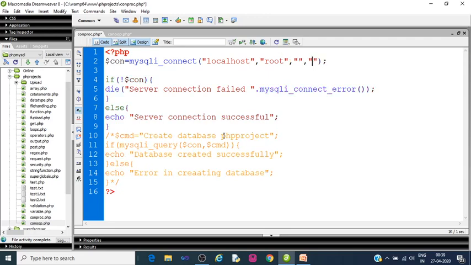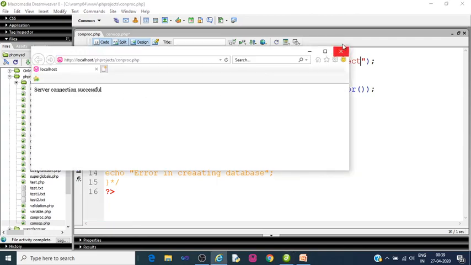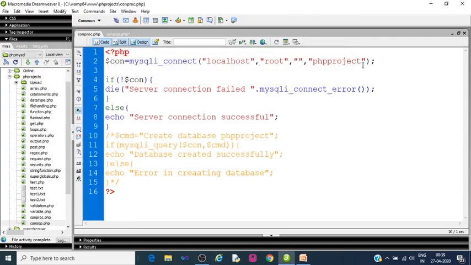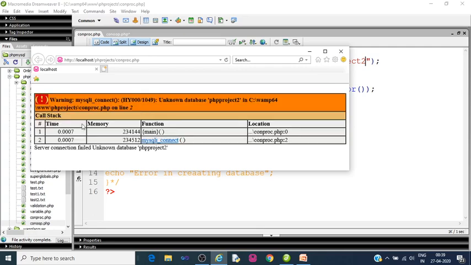So database PHP project has been created, so we'll use PHP project. Save it, press function 12. Server connection successful. If we give any other name, PHP project 2, since one was created using object oriented programming, so I'm passing PHP project 2. Server connection failed, unknown database PHP project 2.